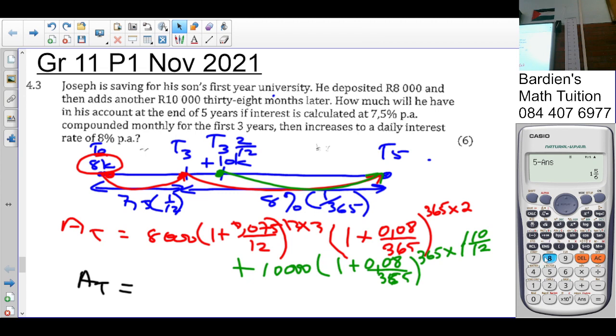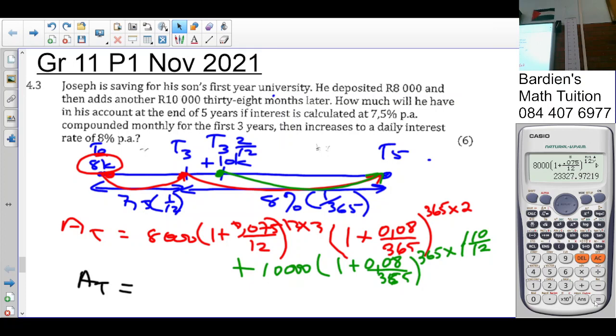It's going to be 8,000 into 1 plus 0.075 over 12 to the exponent 12 times 3, times 1 plus 0.08 over 365 to the exponent 365 times 2, plus 10,000 into 1 plus 0.08 over 365 to the exponent 365 times that last answer calculated. Somebody just check the answer there. That gives me an answer of